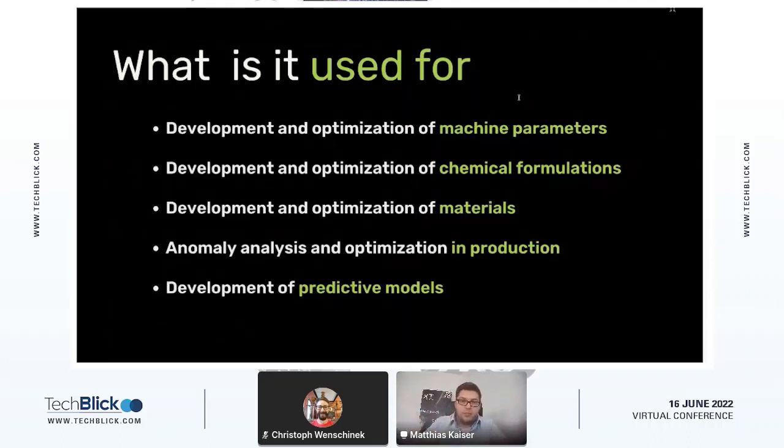So our solution is used for the development and optimization of machine parameters, chemical formulations, materials. You can use it for anomaly analysis in production, and you can develop predictive models. Mostly automated. That means it is not necessary that there is a data scientist involved. However, if there is a data scientist, there are also possibilities to involve that data scientist and